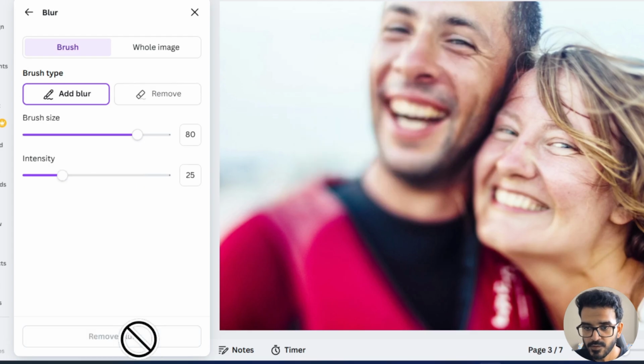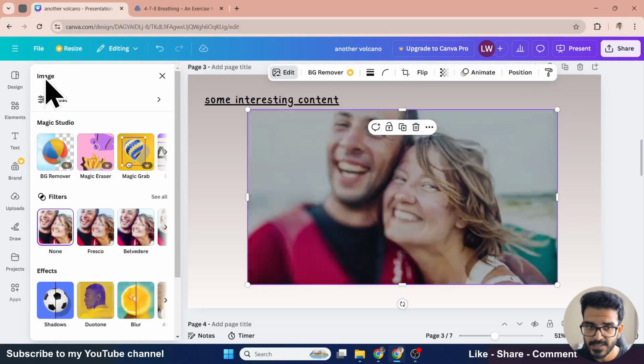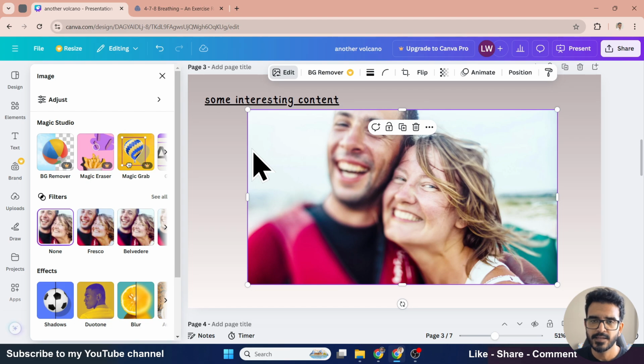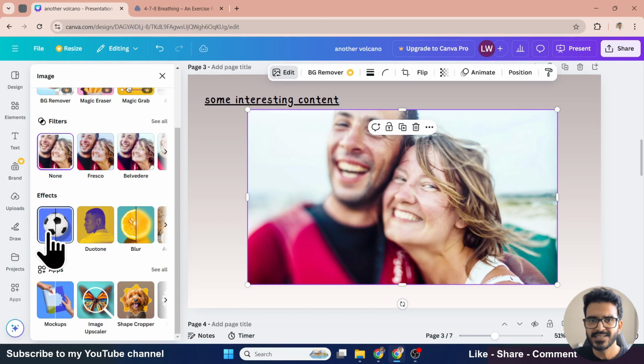I can click on remove blur to remove all the blur that I've just added, and then I can exit this particular screen, and it brings me back to the slide. I have all of these other effects as well which work similarly. There are a few apps as well over here, what you see at the bottom, but we'll look at that in another video. So